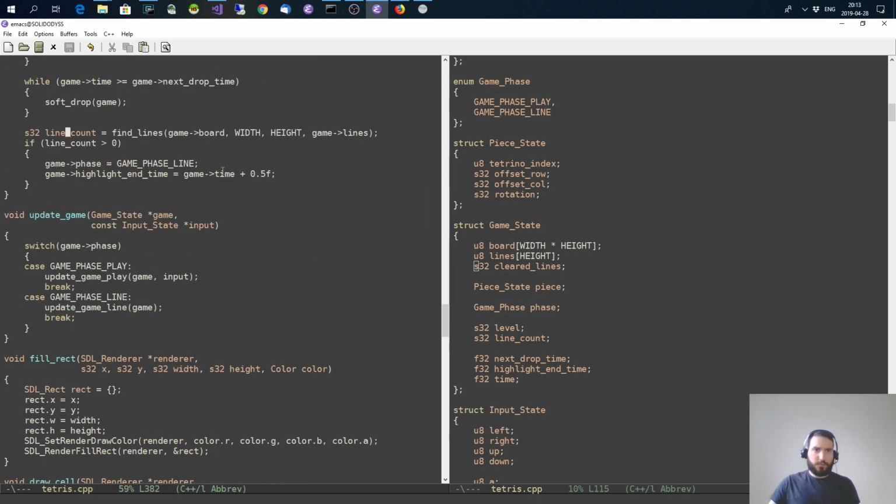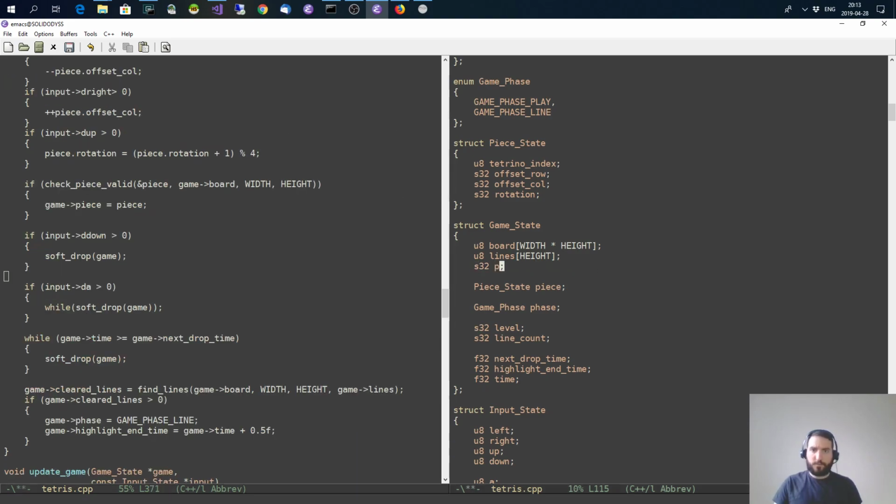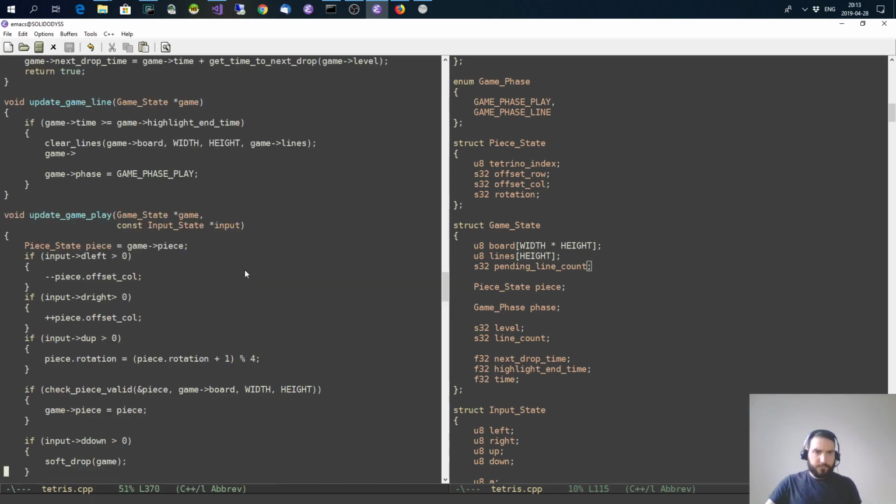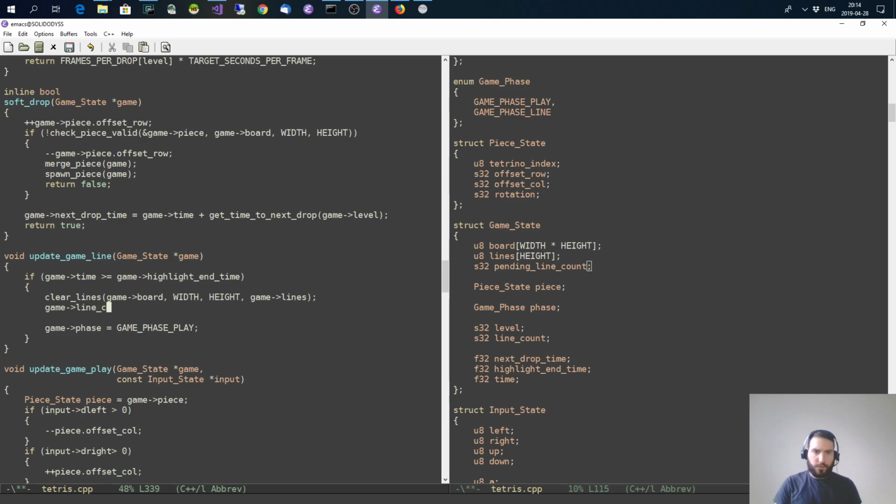So we do this, game cleared lines. Let's call it pending line count. That's better. It's more accurate. So here we can do line count. We increase the line count by the pending line count,